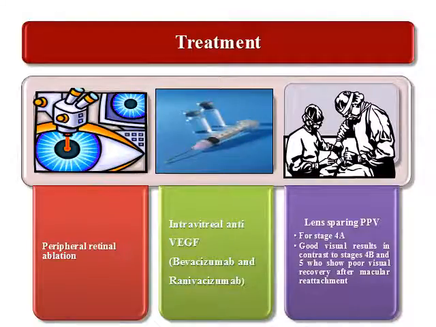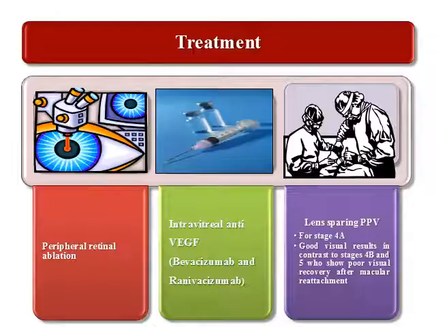Treatment. If the patient needs treatment and only laser is available, peripheral retinal ablation will do. Nowadays, most of the treatment line depends on intravitreal injection of anti-VEGF, whether bevacizumab or ranibizumab or other recent anti-VEGF. Lens-sparing pars plana vitrectomy is available for stage 4A with good visual prognosis